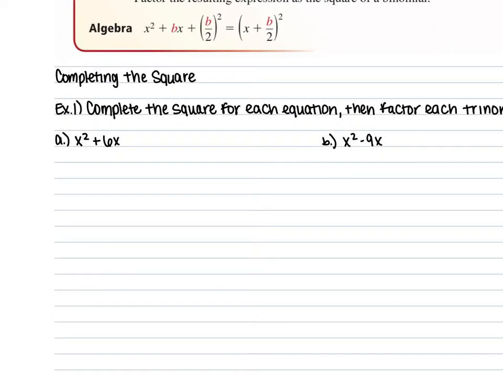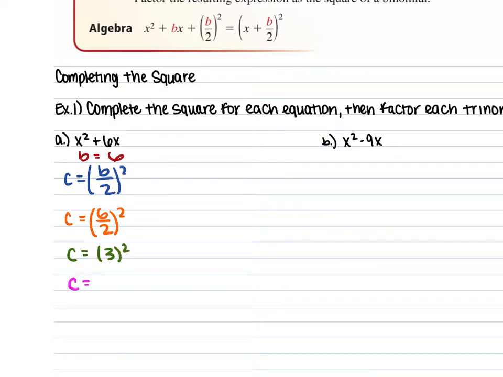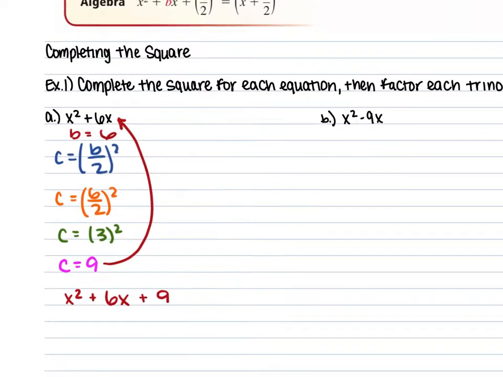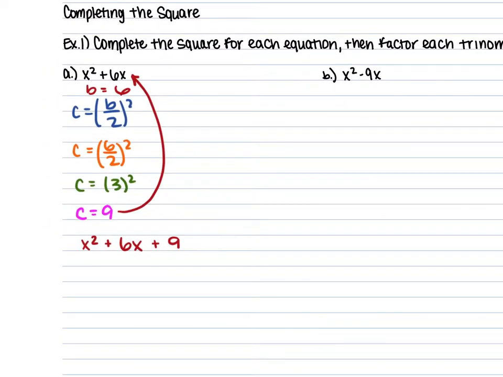So with this, our b term is 6. We're going to use b over 2 squared, which gives us 6 over 2 squared. So that's 3 squared, which is 9. So that 9 we're going to add to the end of this expression to give us x squared plus 6x plus 9. This is now a perfect square trinomial,